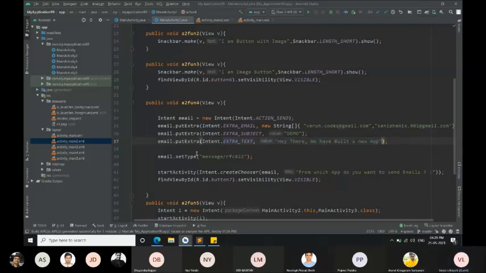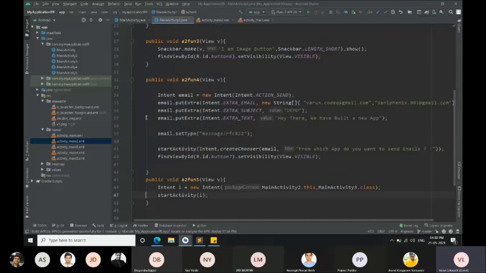This is the text. This is the protocol for sending emails, the type that I'm checking over here, and simply I'm calling this intent. That's it. This is the basic implicit intent that you already know from the previous slides. The last one is explicit intent, which is just moving from the second activity to the third activity.